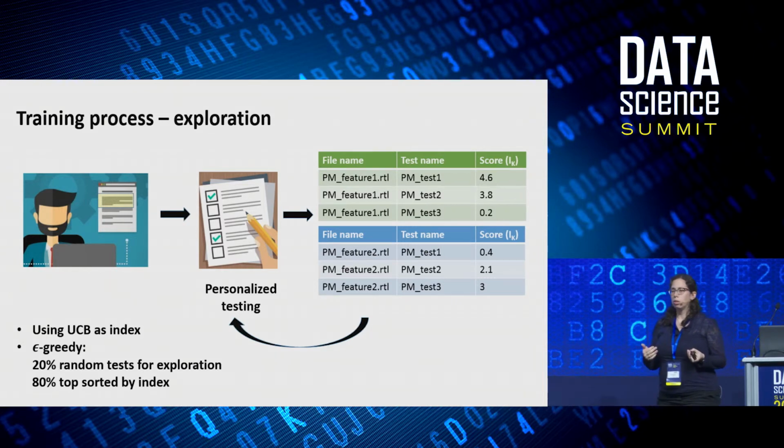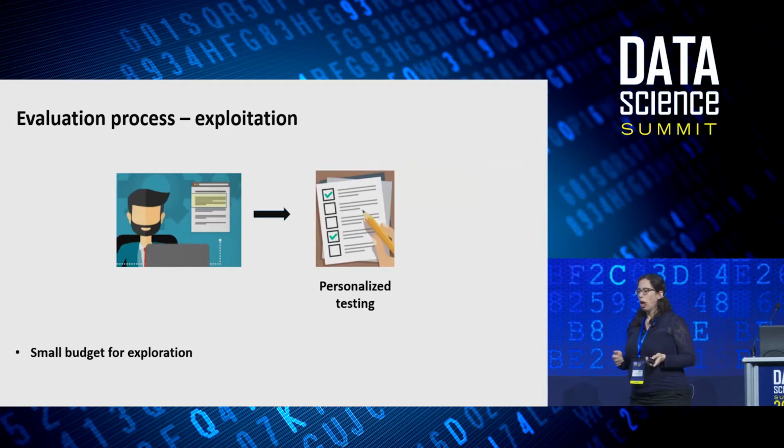The training includes a big budget for exploration. We use the upper confidence bound, but the exploration wasn't enough. And we used another constant, epsilon, another budget that is only for exploration, not using the upper confidence bound. After a few weeks, we had data about the relation between test and file, and now we can move to